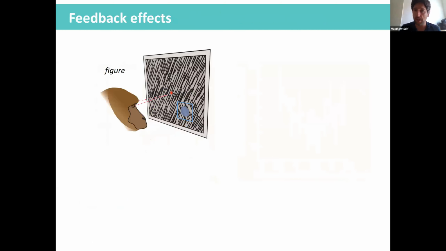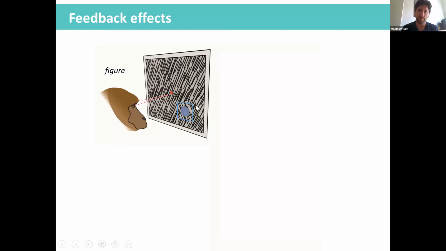Okay, now I want to move on and look at feedback or top-down effects on visual processing. And I want to start with figure-ground modulation. This is a paradigm that we've used for many, many years to isolate top-down processes. In this paradigm, we have an awake behaving monkey who is fixating on a small red dot. Then we show a visual stimulus, which is full screen and consists of lots of small oriented lines. At one point in the visual scene, we present a figure, which is made of lines of the opposite orientation,